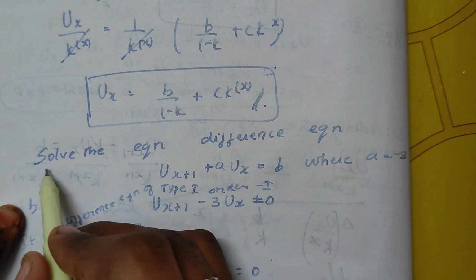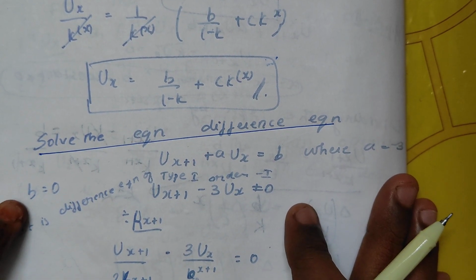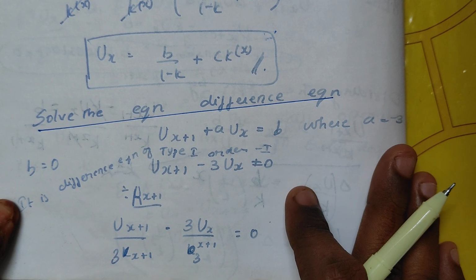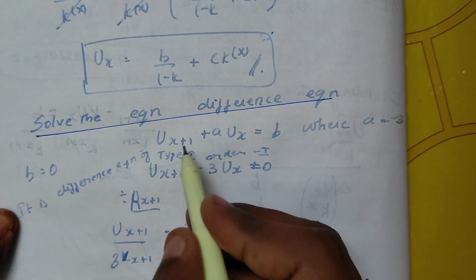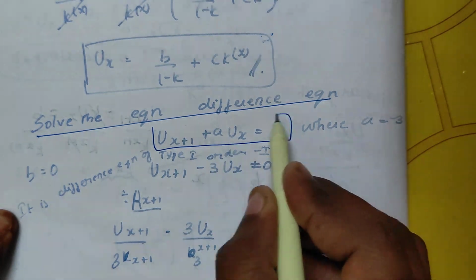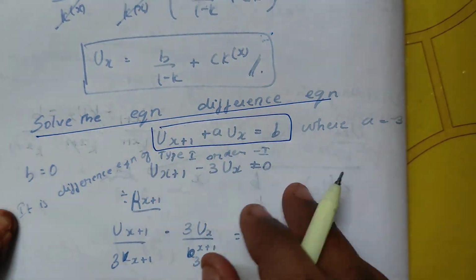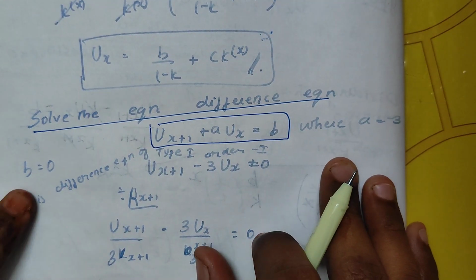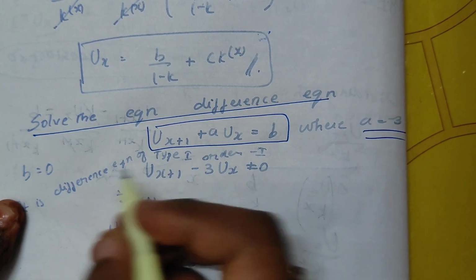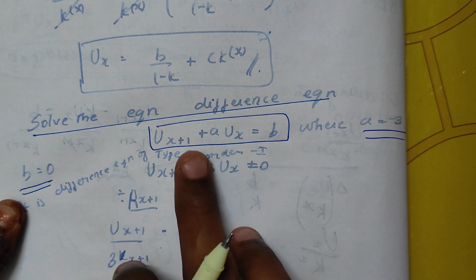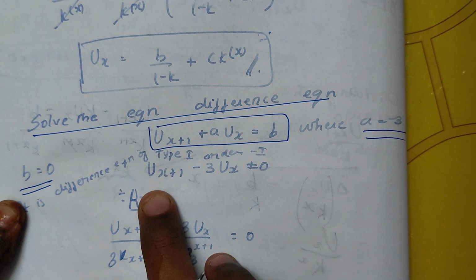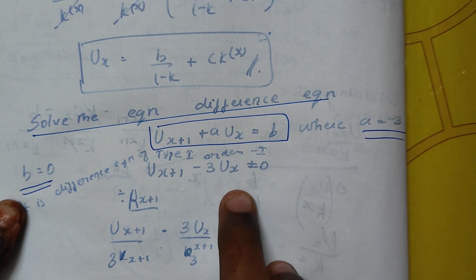Here, based on the first type, we are going to solve the difference equation u(x+1) + a·u(x) = b. Here the value of a is equal to minus 3, and the value of b is 0. When you substitute, you will get u(x+1) minus 3 into u(x)